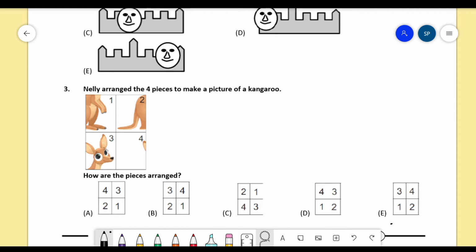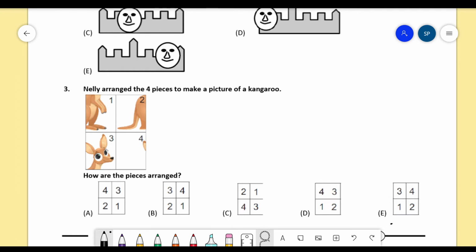3. Nellie arranged the 4 pieces to make a picture of a kangaroo. How are the pieces arranged? So they've given us numbers on the top corners of each piece, and they've given us options with the numbers. Now we have to see which is correct. If we look at it that way,